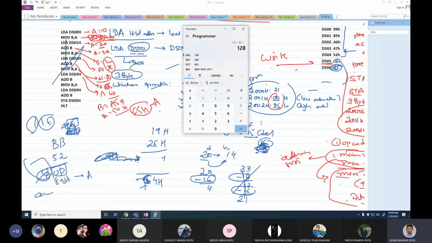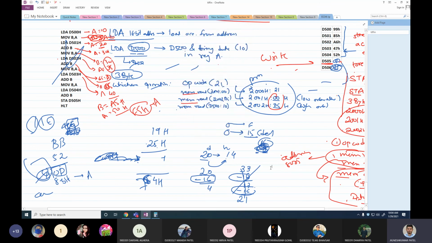8085 knows that a carry has been generated. It will even notify you that a carry was generated, but you have to take care of that carry by yourself. 8085 is not going to collect it. As soon as you perform another action, the carry will change. Okay, so how to take care of that carry? To take care of that carry, there is a special register named the flag register, and we'll discuss this flag register in the next lecture.